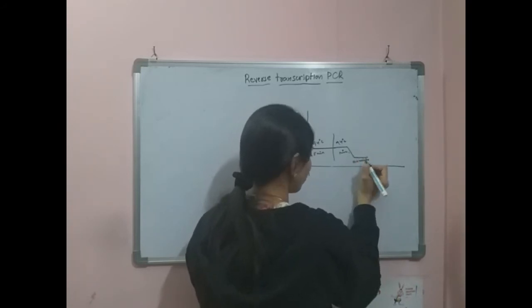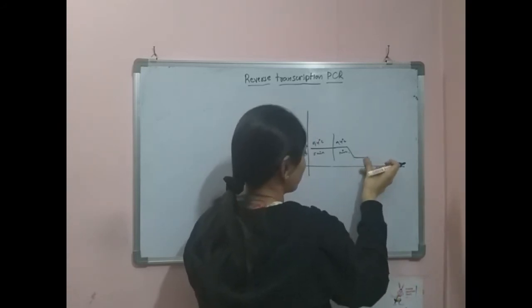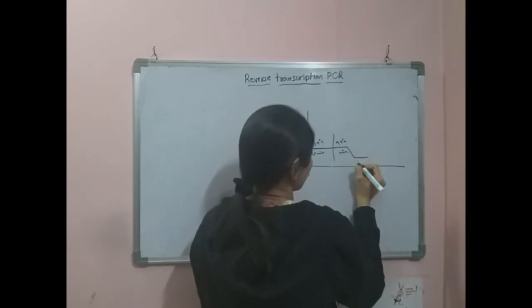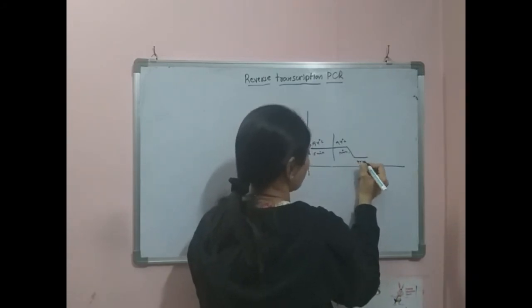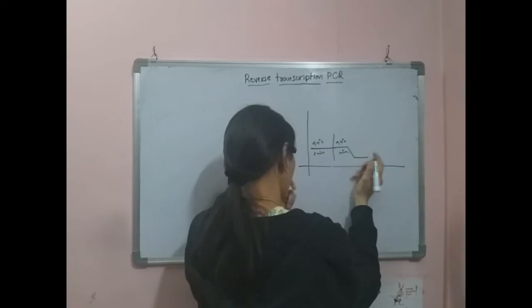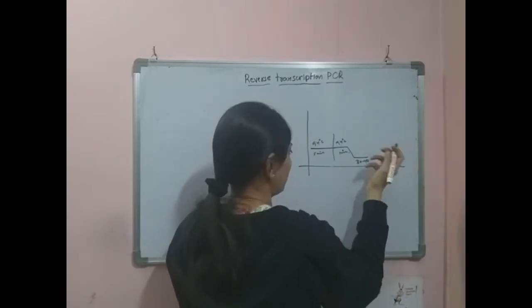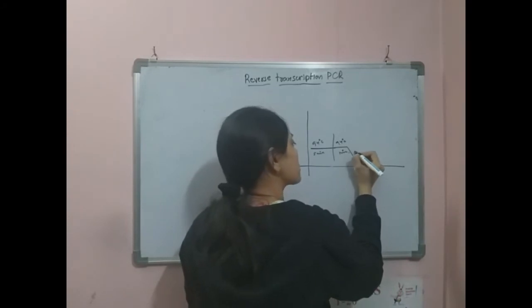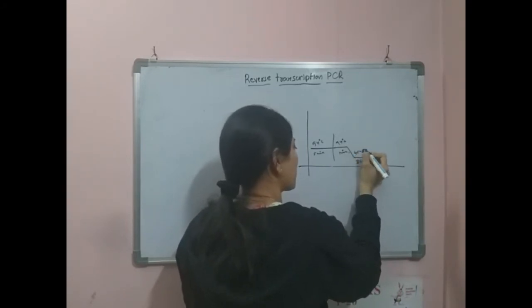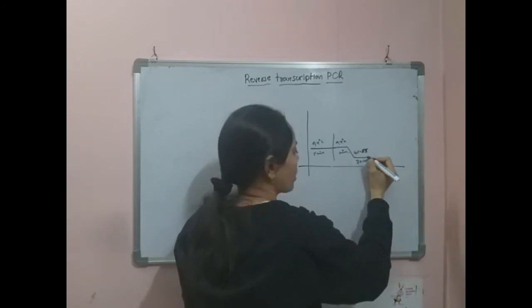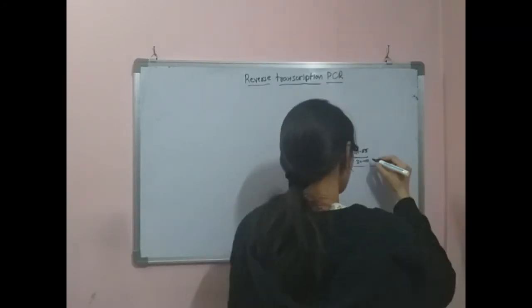A few seconds, like 30 to 40 or 40 to 50 seconds, are enough for annealing generally, and the temperatures are 45 to 55 or maybe 40 to 50, and then we go to the